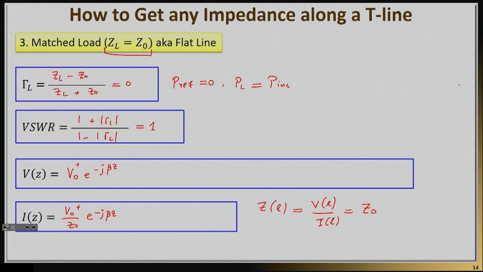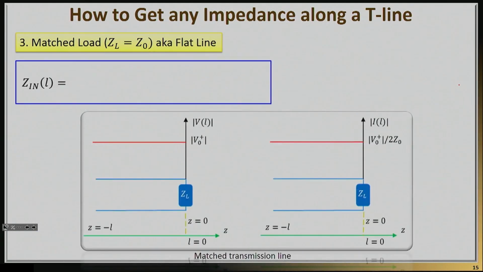So this is the simplest possible case, in other words. It's also the most boring case, and that's why I'm presenting it here at the end, in the sense that everything looks nice, everything is simple. You have a constant voltage. There's no maximum or minimum, hence the name flat line. And that's true both for the voltage as well as for the current, as you will see here. So this is the case of the matched transmission line. That means, once again, that the load has the same value as the characteristic impedance of the line, and you have essentially the simplest possible scenario.